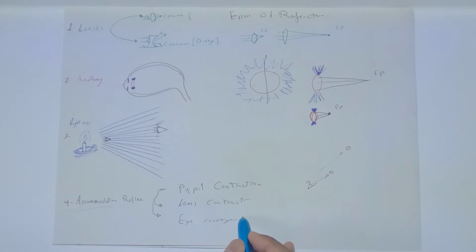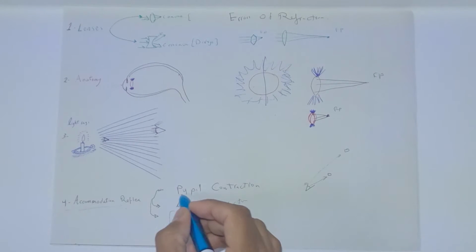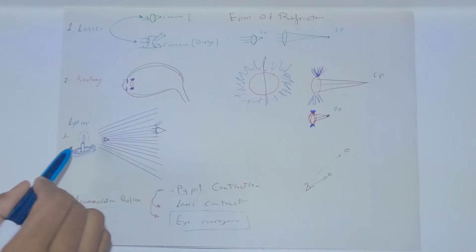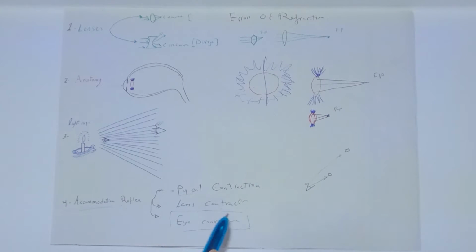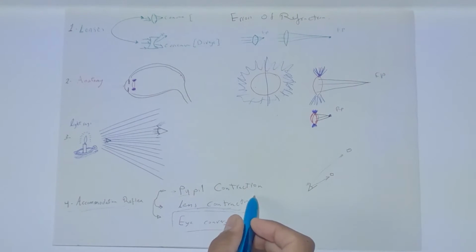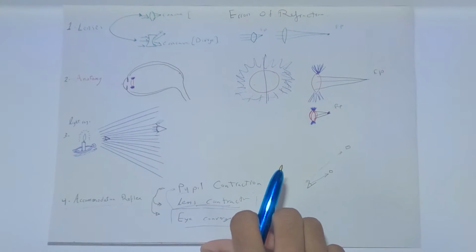The important part is convergence of the eye, and I'll tell you why later. Pupil contraction and lens contraction, you would know about this more now, because if you're looking at something that's near, you'd find that the light rays are stronger and more divergent. It's like the shutter of a camera, you would want the pupil to contract a little bit more so that you control the amount of light that's going into the eye. And the lens contraction, I'll tell you more about that in a minute. So with these points in mind, let's move on